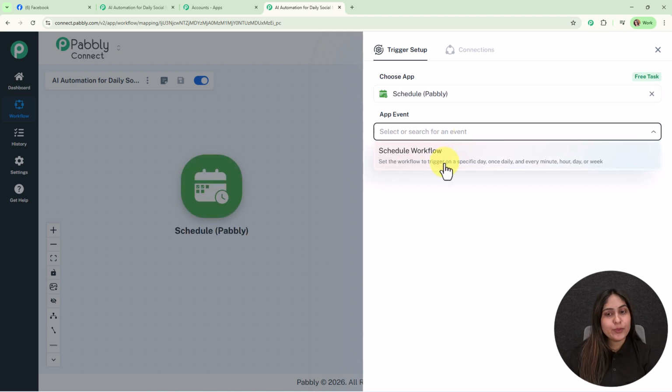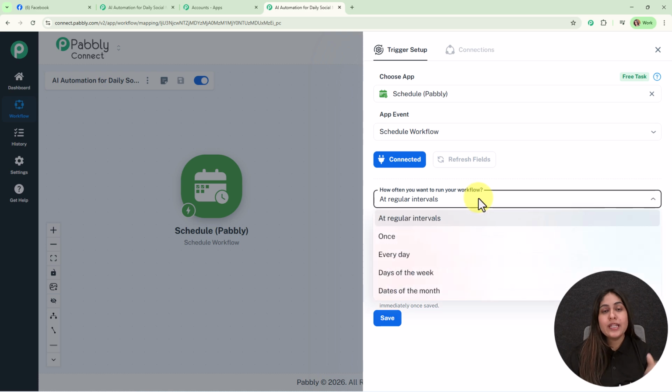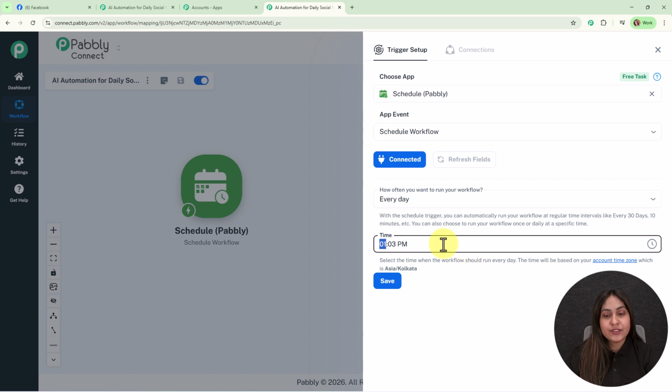Then for the app event, we are going to select schedule workflow and click on connect. Now here it is asking how often you want to run your workflow. You can have some categories such as at regular intervals, once, every day, days of the week or dates of the month. But as I have already mentioned that I want this automation to run every day at a specific time. So for that we are going to select every day, and for the time we are going to